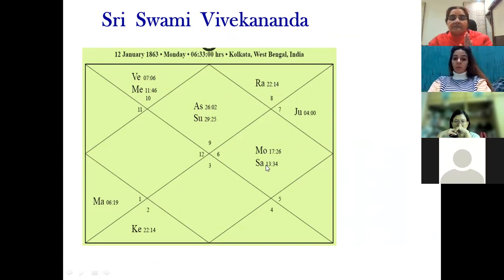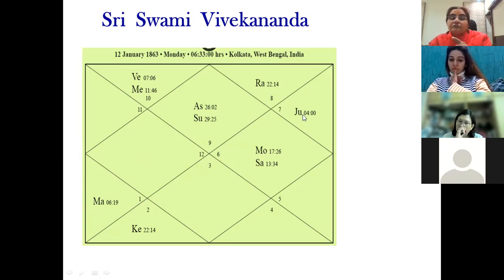Then what happens? You see, Moon and Saturn will go to the 9th house. Similarly, Mars is just 6 degree, so it will go to the 4th house. But remember, whenever we do such changes, their sign is not changed. Their zodiac sign will remain the same as the original one. Only the houses are being changed. That we have to understand.